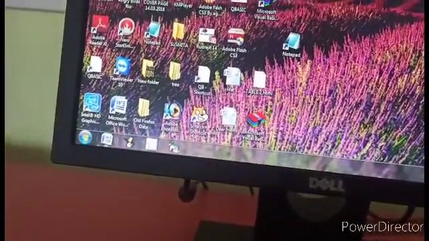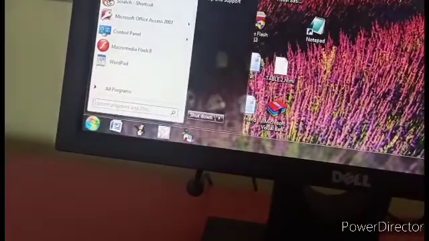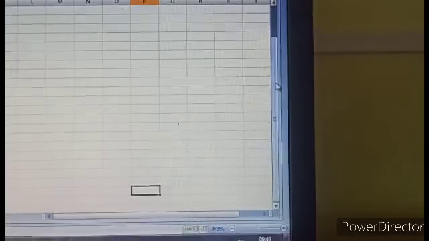Next, what is the function of the scroll wheel? If you open any application, you will get scroll bars there, which are used to move the page up and down, left or right. If you place the pointer on this scroll bar and move the scroll wheel, the page will go in the upward direction or come in the downward direction in this manner. Can you see this? Okay.